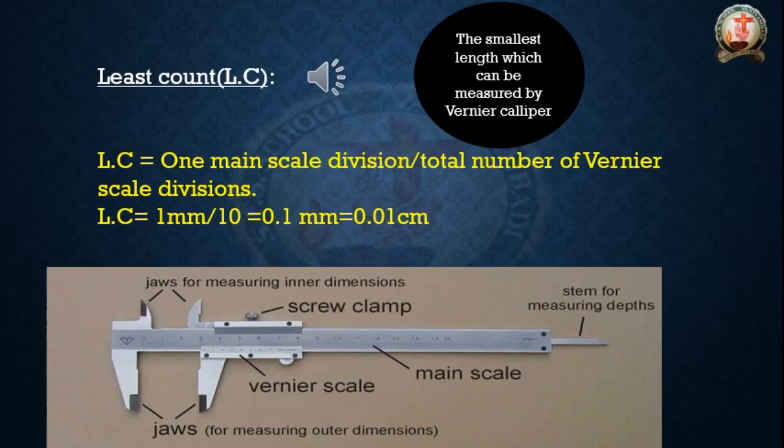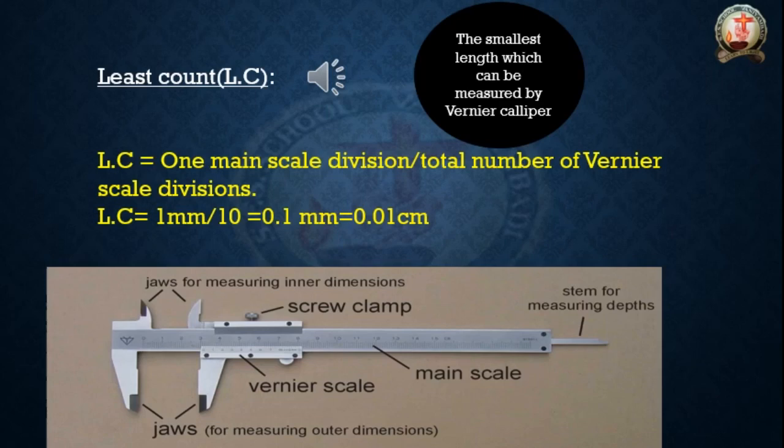Okay, so in between 0 and 1, otherwise in between 1 and 2, 10 small lines are there. Each small line is equal to 1 millimeter. So 0 to 1 means 1 centimeter. In between that 1 centimeter, how many small lines are there? 10 lines, and each line is a millimeter. So 1 centimeter is equal to how many millimeters? 10 millimeters. Actually that is not our point.